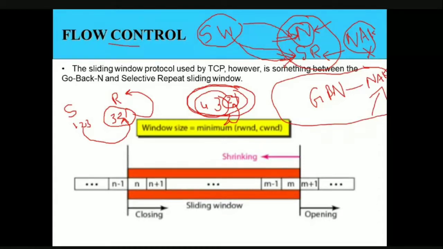Now coming to the difference between the sliding window protocol which we have used in the data link layer